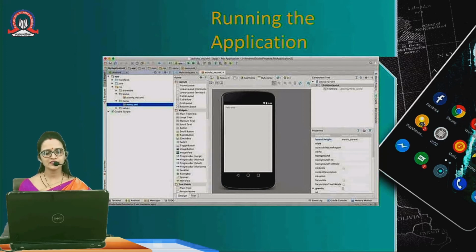To run the application, we have to connect with the AVD manager. AVD is shown in your toolbar. If you click on it, the AVD manager will open. Select the device you want and click on the next option. Your virtual device is connected. After that you see the application in your simulator. The simulator displays hello world. After that, you have to click on the run button and make sure it connects with your mobile system and shows properly.